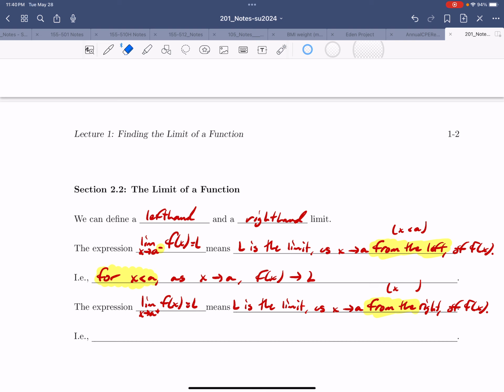From the right means that x is greater than a. And so what this means is that for x greater than a, as x approaches a, so as x gets smaller and smaller toward a, f of x gets closer and closer